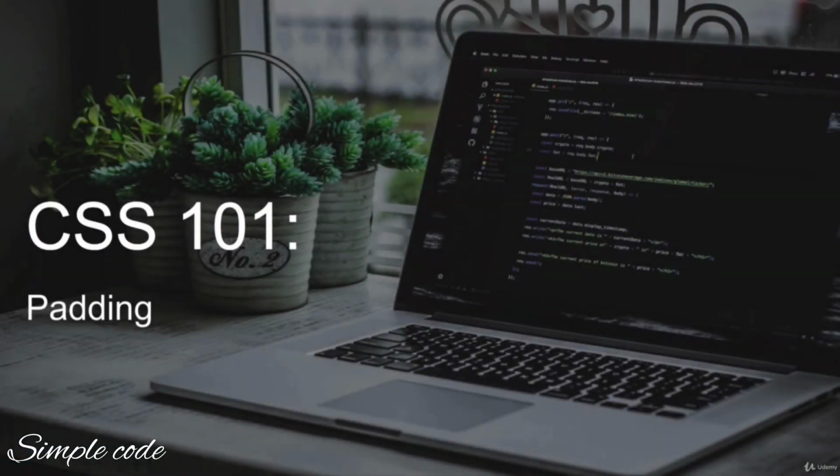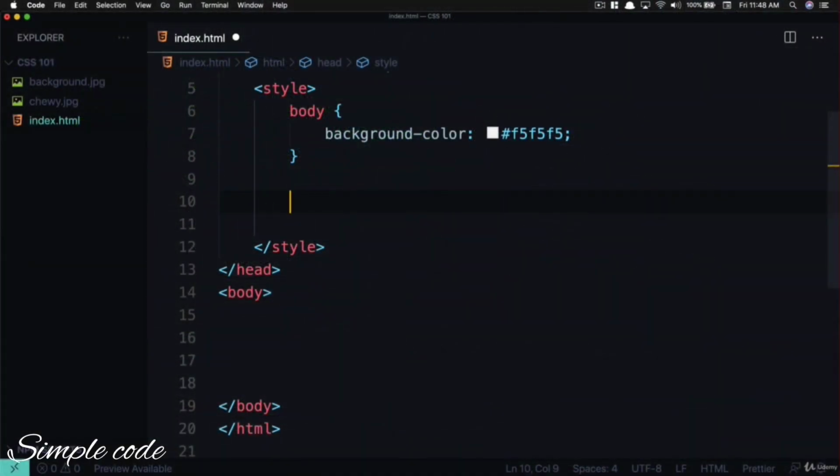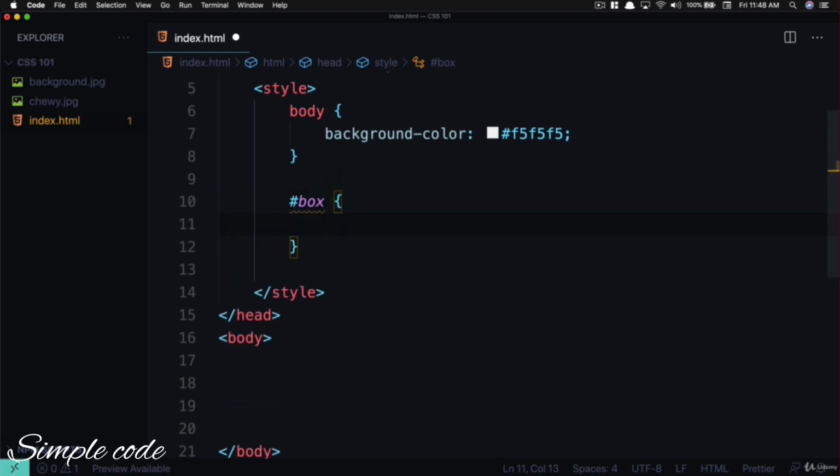All right, let's talk about padding and margin. Padding and margin are 2 things of the same coin. They're 2 sides of the same coin, but they do different things for a different reason. So let's go ahead and start off by creating a box. And this box is going to have a width